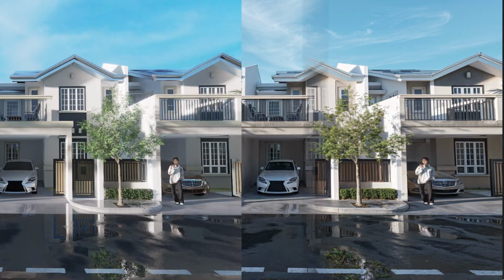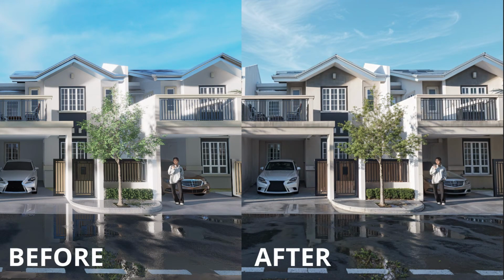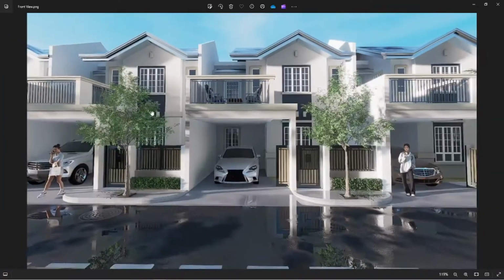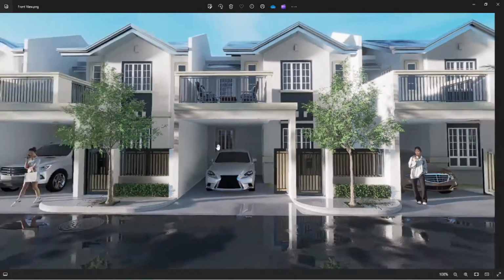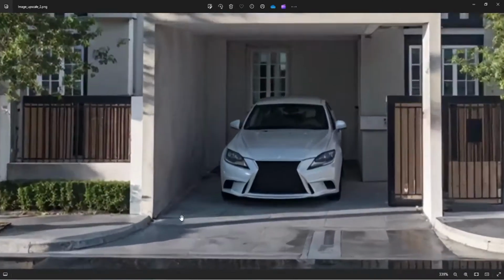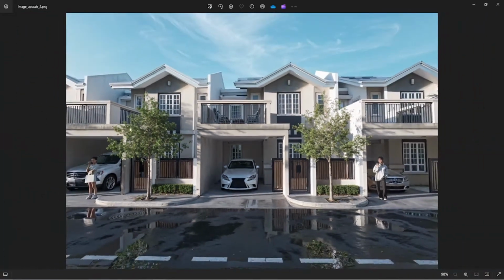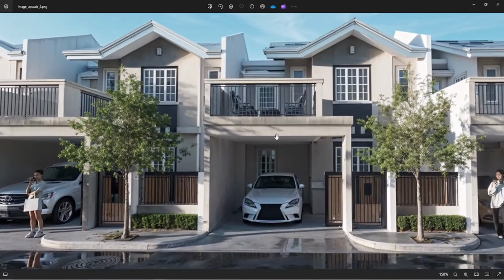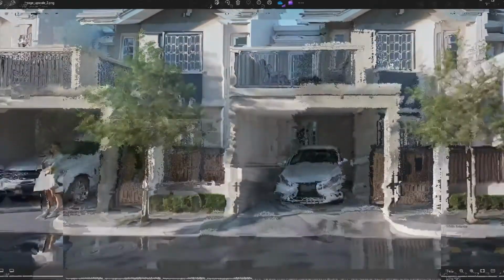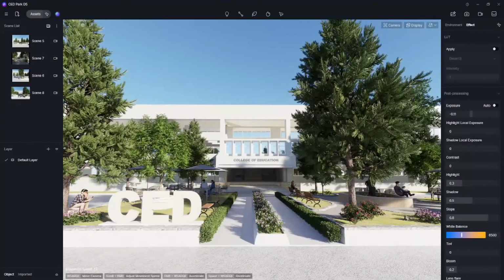Right, so as we can see, we can compare the before and the after of this one. In the previous image, we can see that it is very clean. Meanwhile, in the AI Enhancer, we can see here that there are already stains or wall markings, dirts, and etc. Which makes it more realistic than the previous picture. Alright, so now I will show you how to use AI Enhancer here in D5 Render.